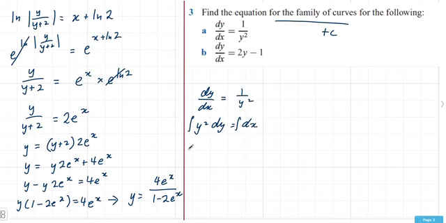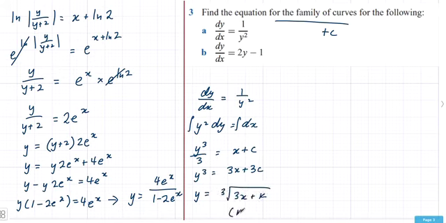integrate both sides. We're going to have y cubed on 3 equals x plus c. y cubed equals 3x plus 3c, and hence y equals the cube root of 3x plus k. I've just said that k is equal to 3c, so it's simplified a little bit. So that is A. And B, similar idea,